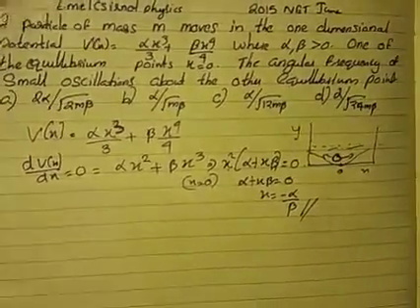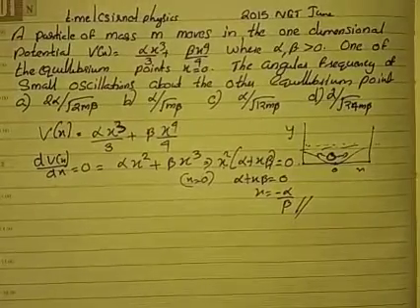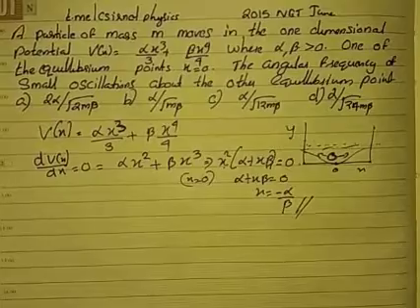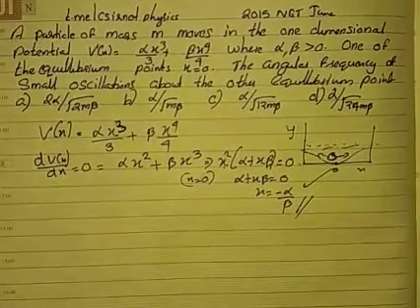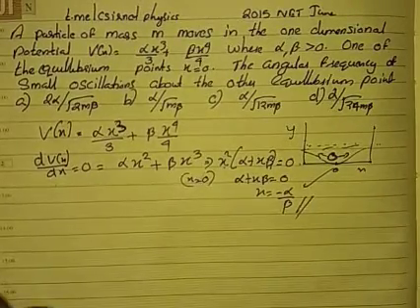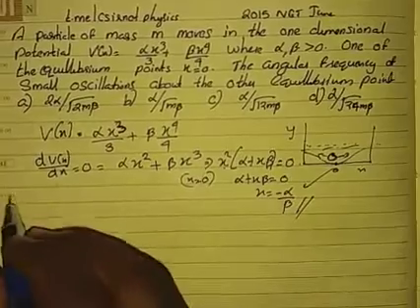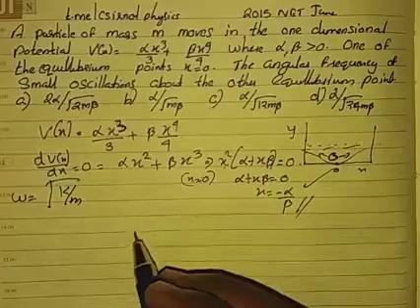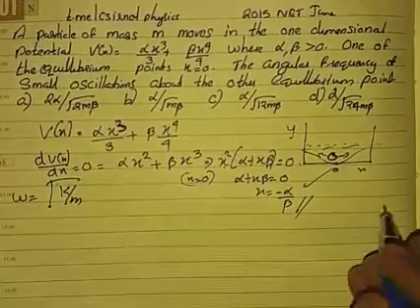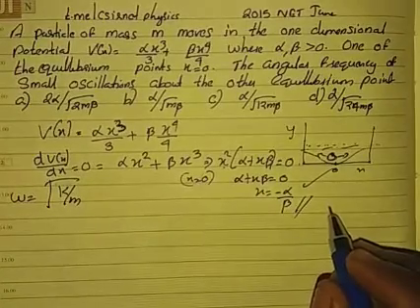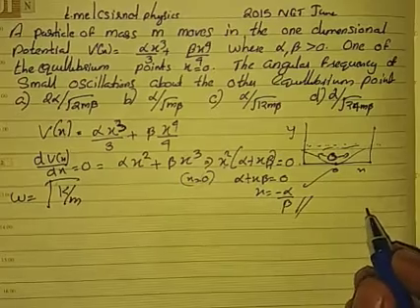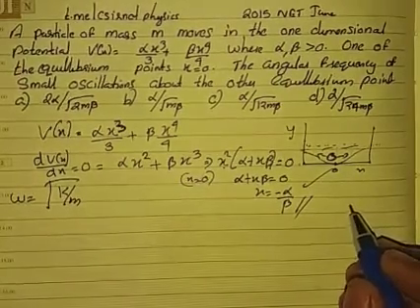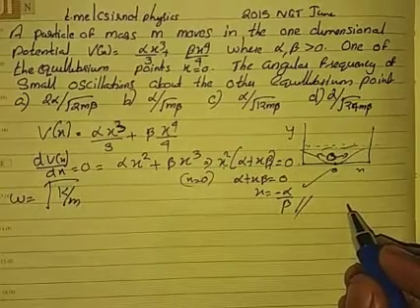We have found the second equilibrium point, and we need to find the angular frequency at this point. So what is the angular frequency? Angular frequency omega is equal to root of k by m, where k is the force constant. We have already done similar problems, but I'm going to specify it in a simple way, not an elaborate way, to make sure that you remember it.